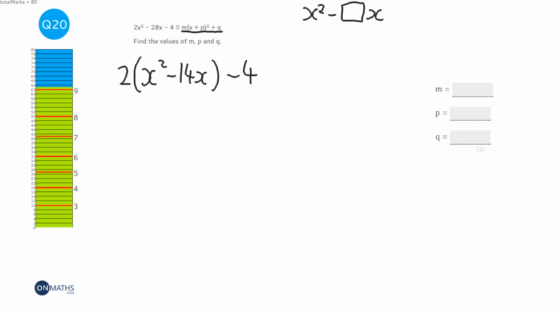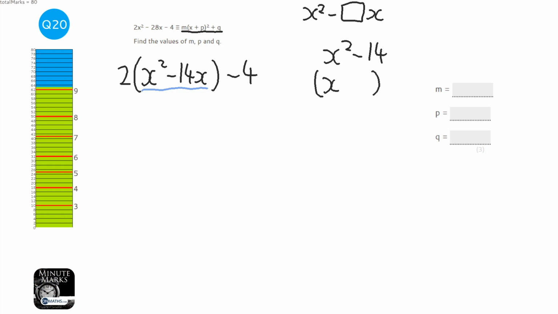You could also factorize out the 4 as well, but I'm just going to leave that alone because I'll deal with that later. Now that we've got what we need to be able to complete the square, which is the x squared minus something x, we are going to complete the square. I'm going to do this over here to show you a little bit easier. You need to put the x minus half of the bit here, so it's going to be 7 squared. If you expand that, using FOIL, that would be x squared minus 7x